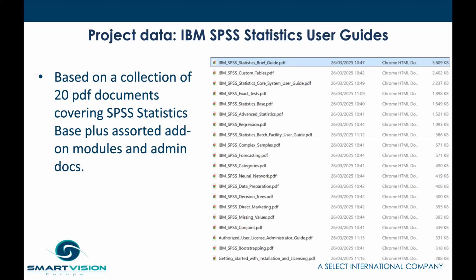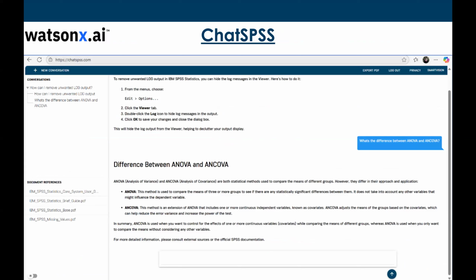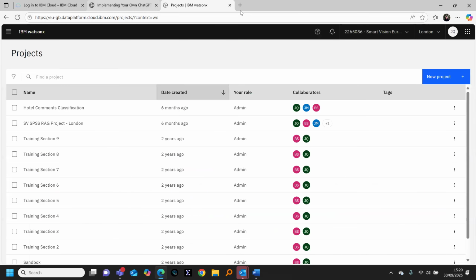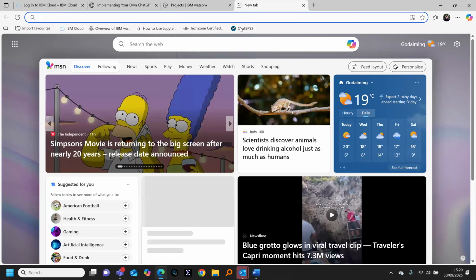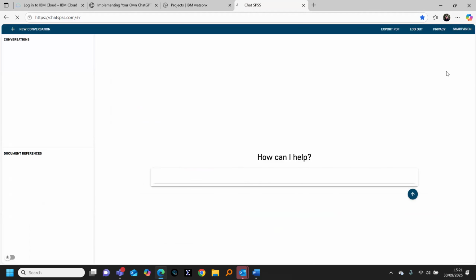That's certainly the ambition. So what ChatSPSS looks like is, when we deployed it out to the world, we deployed it with its own little URL, which is chatspss.com. It looks very like a chatbot, as you expect. You can type in a query and get a response as you would using something like Copilot or ChatGPT. So if I jump out and go to my browser and go to ChatSPSS here, you can see I've logged in already, and it's just saying, how can I help? I could start off and ask a really simple question, such as, where do I find